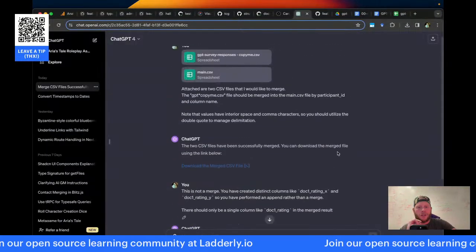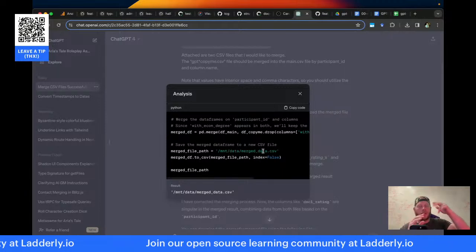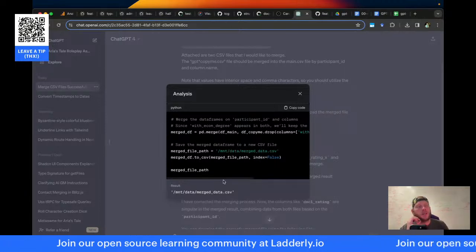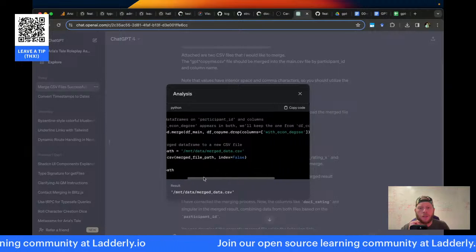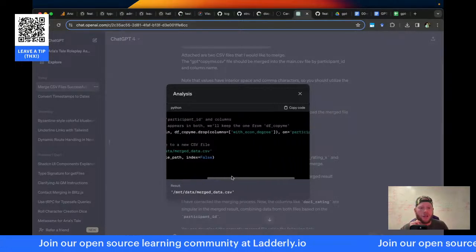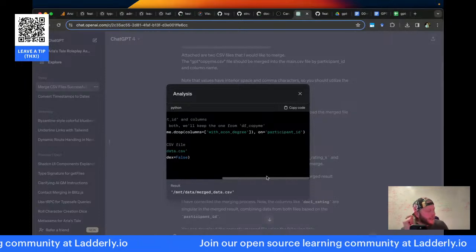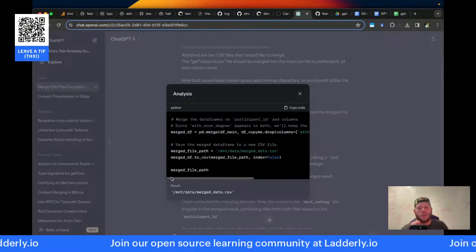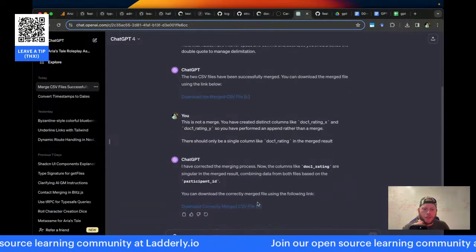analysis used, and if it went by participant ID, it would be impossible for it to get the offset wrong because it will be matched by participant ID. And we can see it literally used pandas merge, pd.merge. So this is the pandas way, on participant ID. Okay, so we have extremely high confidence that this is a proper merge this time. Extremely high confidence. Let's look at this one.